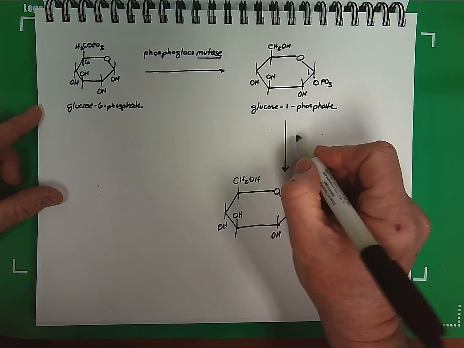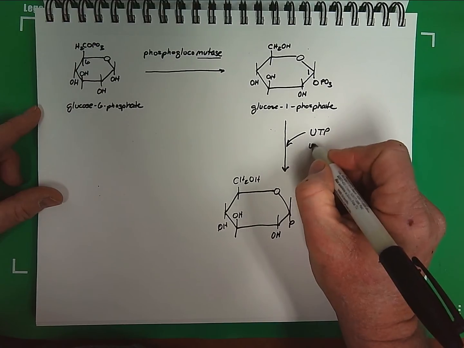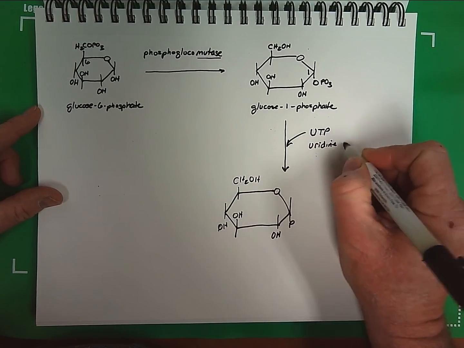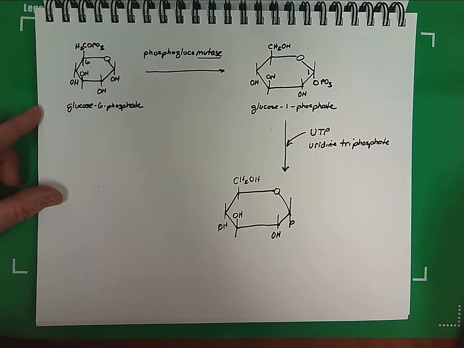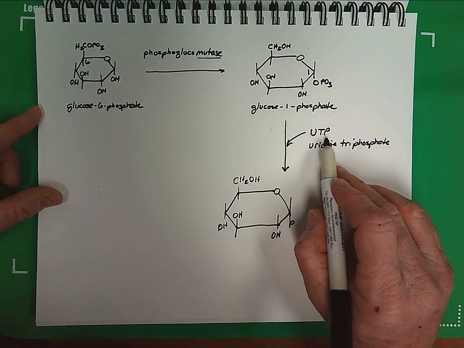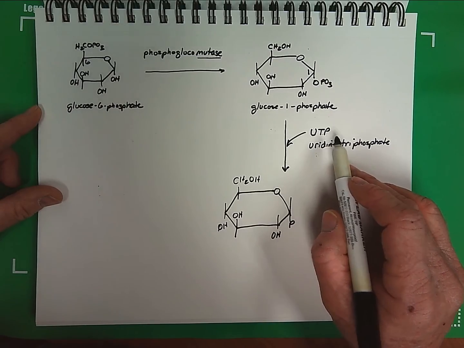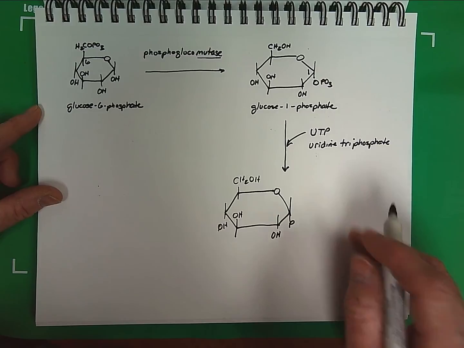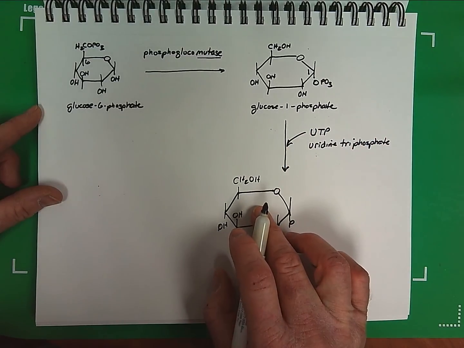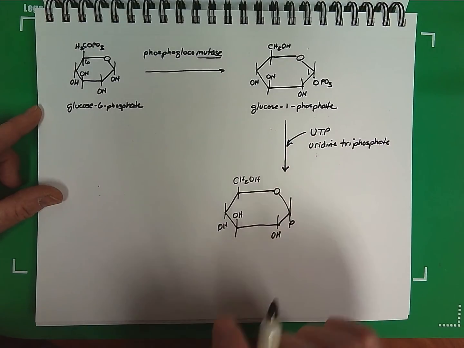And what we're going to use for this is not ATP, but UTP, uridine triphosphate. UTP is a high-energy intermediate, also similar in energy levels as ATP, but UTP is the energy molecule of choice when we are performing carbohydrate biochemistry. So in order to link the glucose monomer up, we're going to be adding the charge from UTP onto glucose